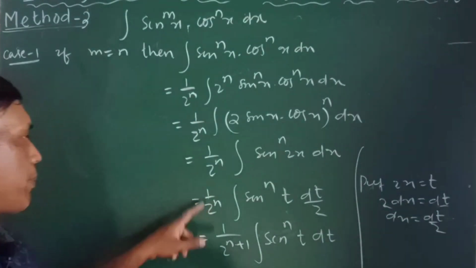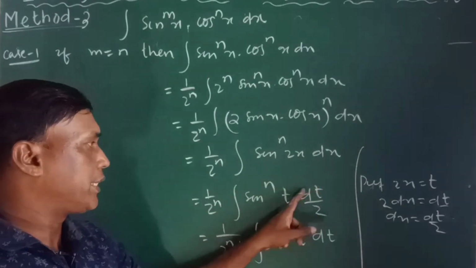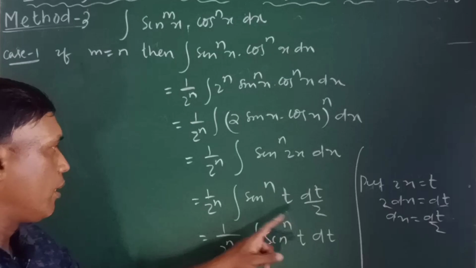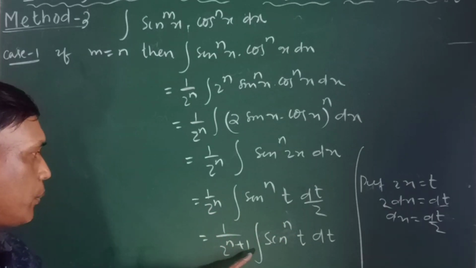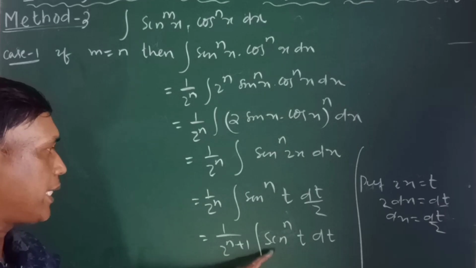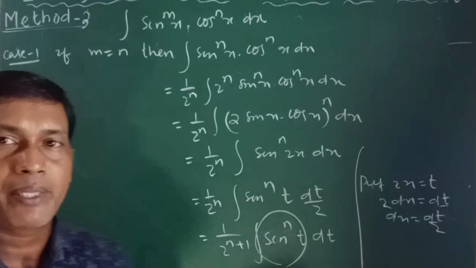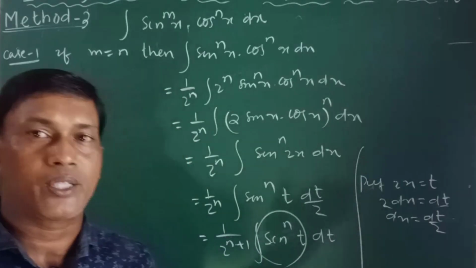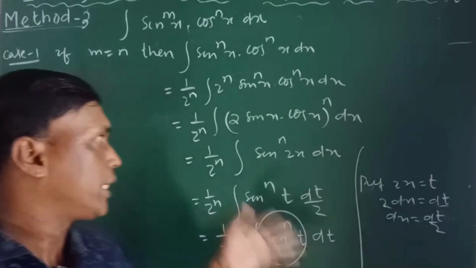Now put here 1 by 2 to the power n sin to the power n 2x is equal to t, dx is dt by 2. Now look at here, 2 to the power n into 2 is 1 by 2 to the power n plus 1 into integration of sin to the power n t dt. Now sin to the power n t dt can be integrated, because I have already discussed how to integrate sin to the power n. It may be even or odd. So by this process,